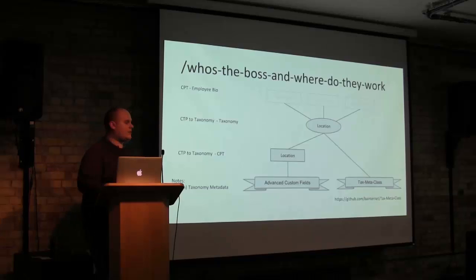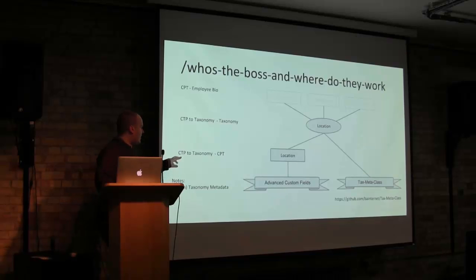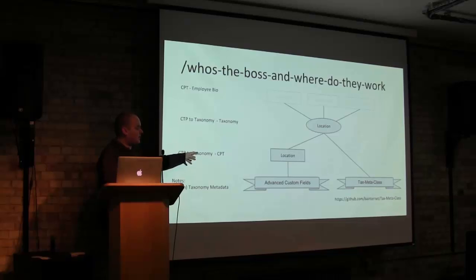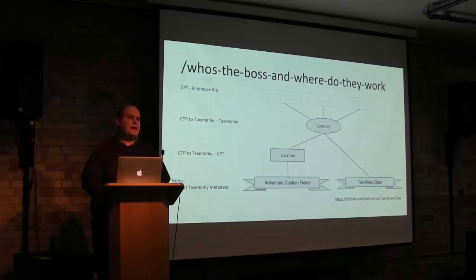Okay, so moving on to the bit about locations and taxonomy themes, because this has some gotchas. Now I like the custom post types to taxonomy sync, because that has some key advantages. It allows me to associate advanced custom fields with the taxonomy, with the custom post type. Now there is stuff out there that allows you to use metadata on a taxonomy screen, but I'm not a